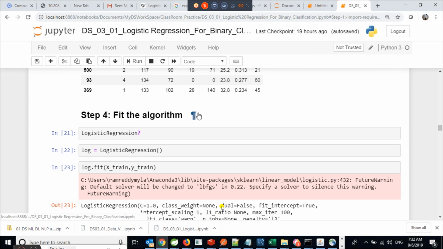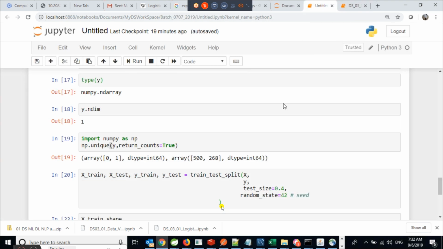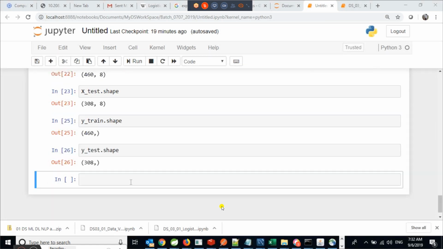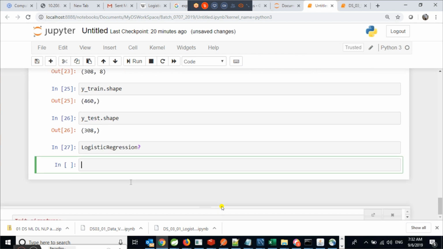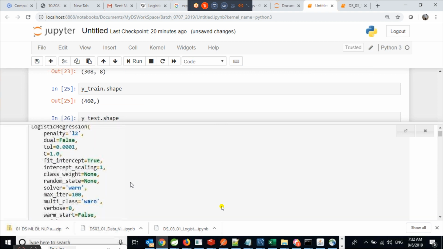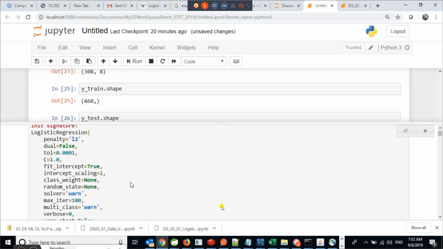Next, I want to fit the algorithm. How can we do that? For fitting the algorithm, which algorithm do we have to use? Logistic regression. I want to use logistic regression. I want to see what logistic regression is. So in logistic regression,